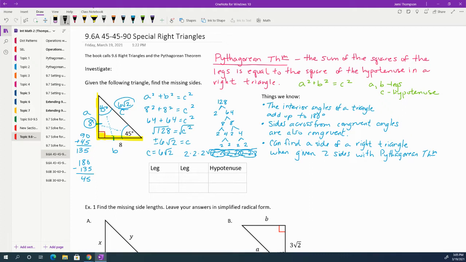Now, I want to also look at this as a table because this can be helpful as well. There are some tactics that you can use for this type of special right triangle that don't work for the next special right triangle. So I just want to expand our thinking here. We had that one of the legs was 8, right? That was given. I'm going to write it in black. And then we found that the other leg was 8 and that the hypotenuse